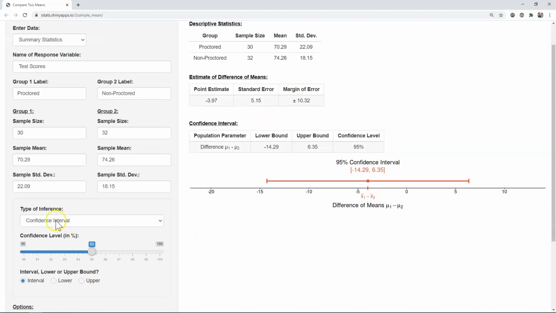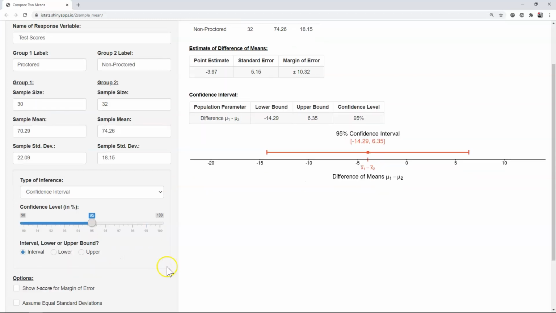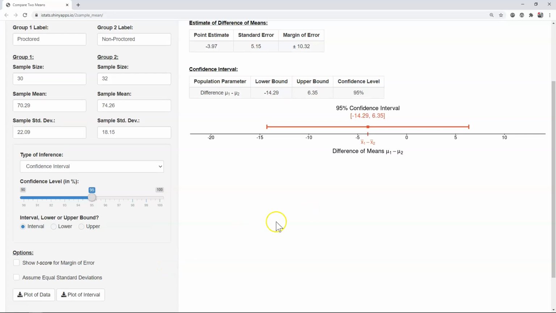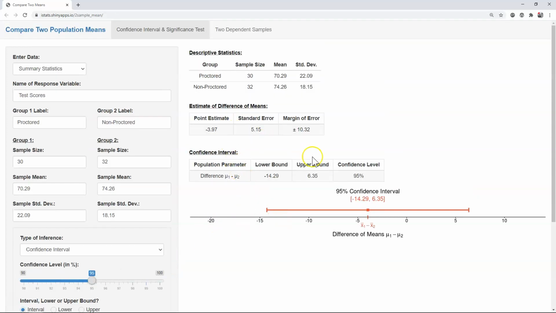And of course, we can see here what is the type of inference. Well, right now we're doing confidence intervals, and we're going to leave it at 95%. So if we look at our results here, we can find that our interval is given to us in this little section right here. It also gives us some of the other information that we need. For example, the descriptive statistics that we were entering in is provided. It also provides the interval as a point estimate. So this is the difference between these two numbers, the sample means,